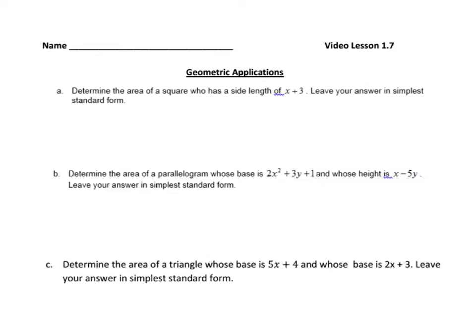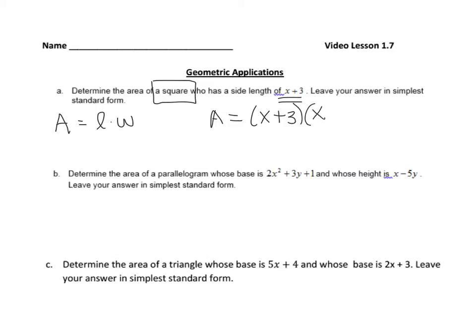The first one, A, says determine the area of a square that has a side length of x plus 3, and leave your answer in simplest standard form. Remember, standard form means that the exponents are written from highest down to lowest. Well, we know that a square has 4 congruent sides, so all of the sides can be represented by x plus 3. And we also know that area is length times width. So to find the area in simplest standard form of this square, we would multiply the length, x plus 3,